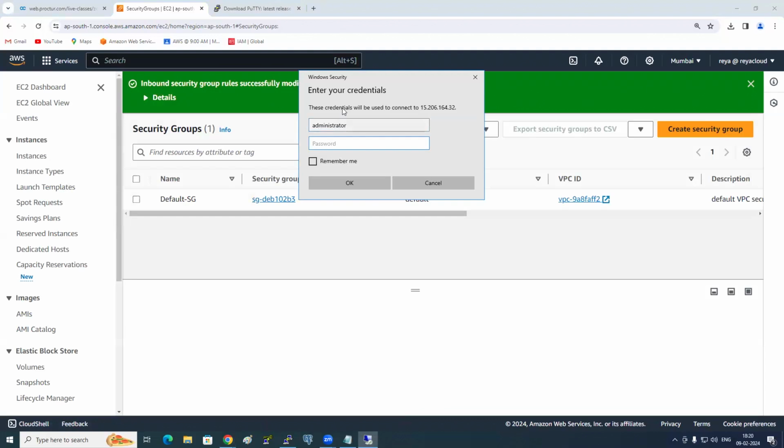What some people do, they say, sir, how many times I try to log in, I'm not able to log in, sir. But it is getting username and password, but I'm not able to log in. So when I tried that, the problem is,